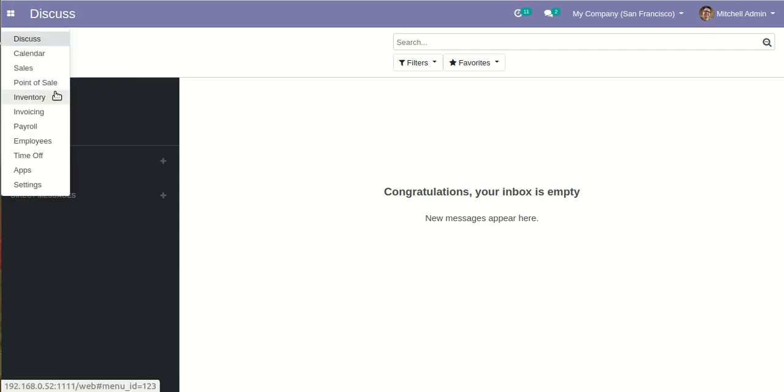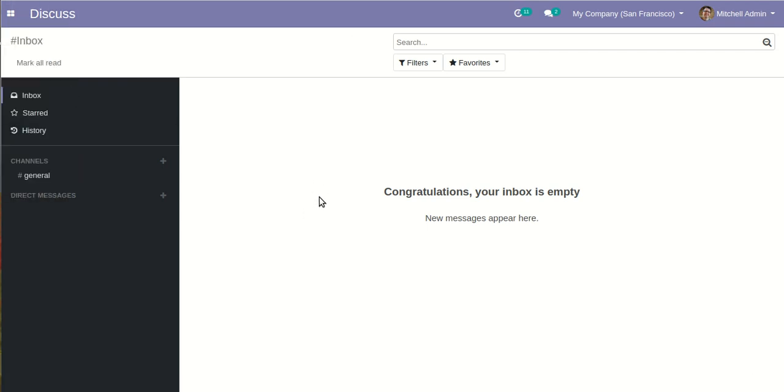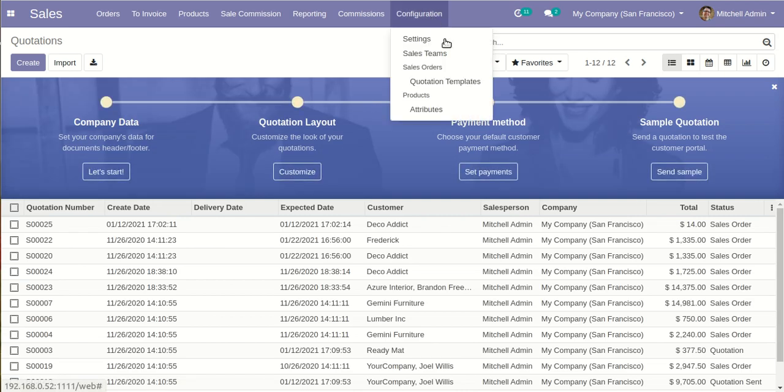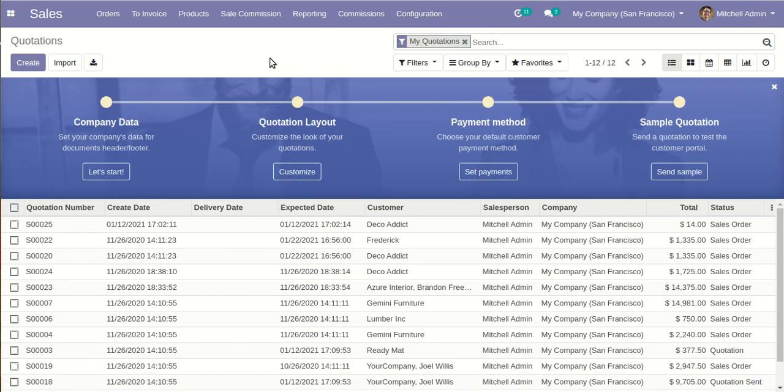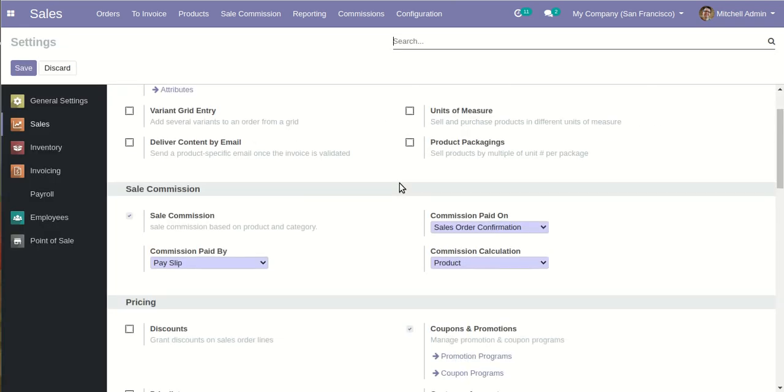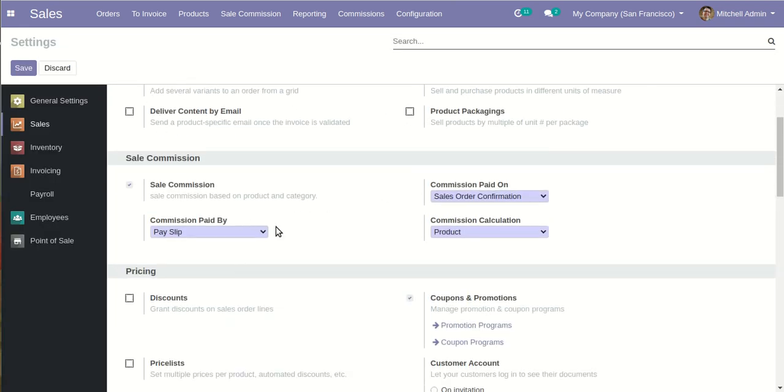All right, now let's go to Sales and I will give you an overview of the configurations, and how different kinds of configurations are provided here. In the sales settings you will see the sales commission option. We have to enable this option to use the sales commission functionality. Employees will be able to get their commission amount by payslip, or you can manually generate an invoice to pay their commissions. These kinds of configurations can be defined over here.